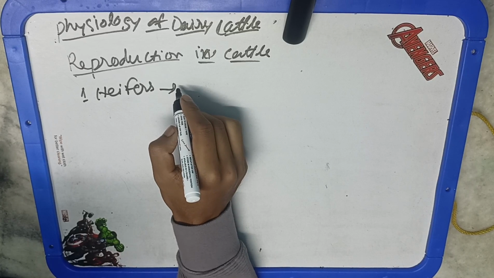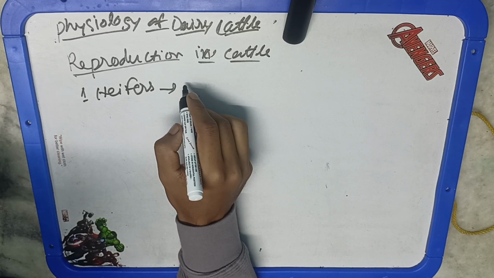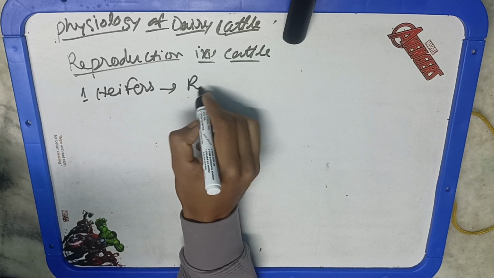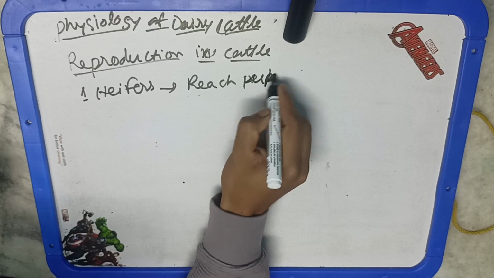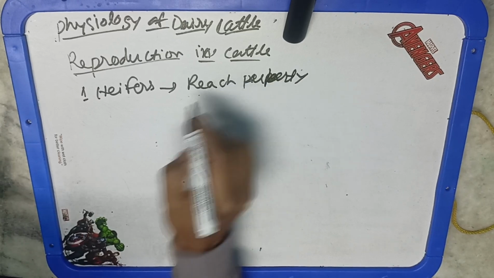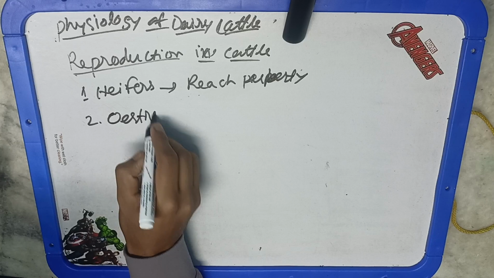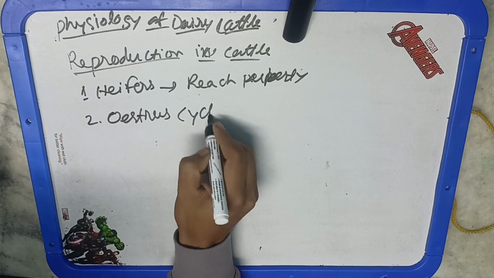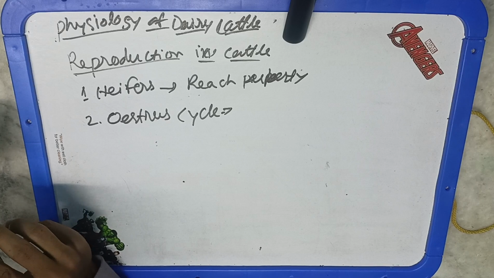In human beings, puberty age is generally 12 to 16 or 18 years, but here it is 8 to 15 months. Then the estrous cycle begins at puberty and occurs regularly every 21 plus or minus 3 days throughout the reproductive phase. During this phase, a mature egg is released from the ovary through ovulation. Now it is receptive, receptive for the sperm.